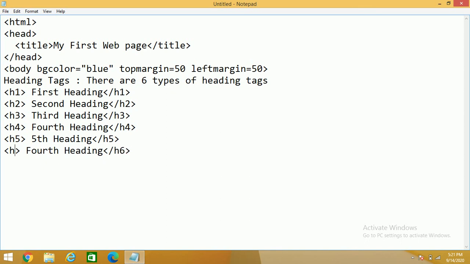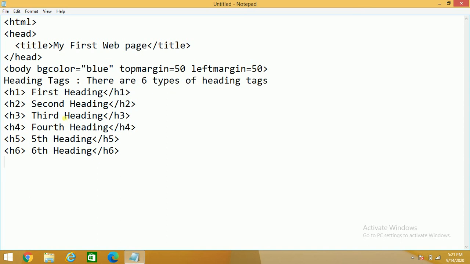So आपके कोर्स में सिर्फ यहीं तक है. So H6 means sixth heading. Let me write here. ये सबसे छोटा size होगा when you are going to execute.